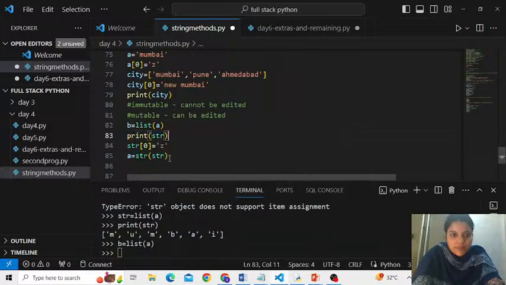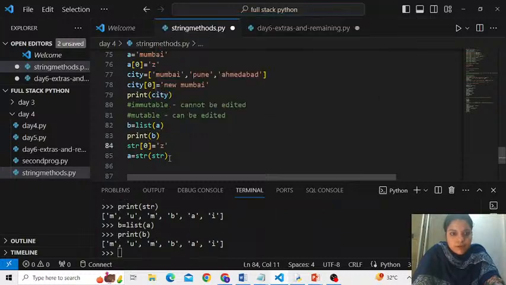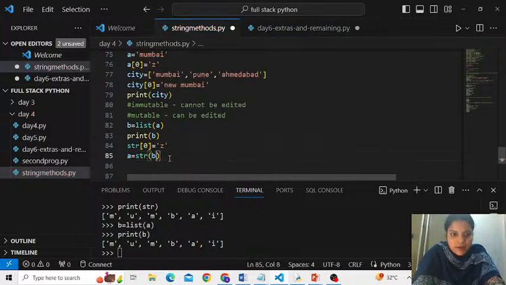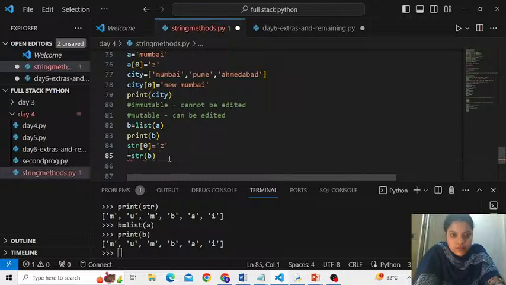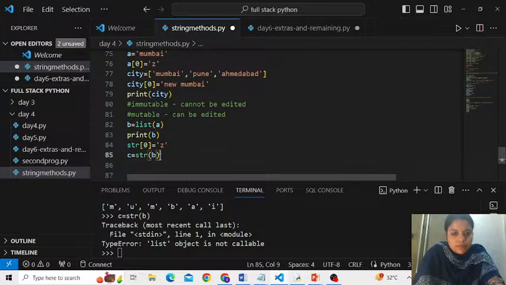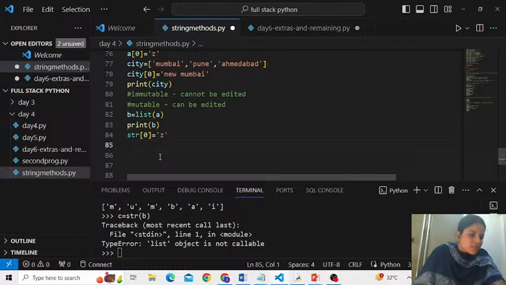Just a moment, let me check what's the problem here. Okay, convert into string back and store it in some other variable, c. Okay, fine. I will make sure I troubleshoot this.